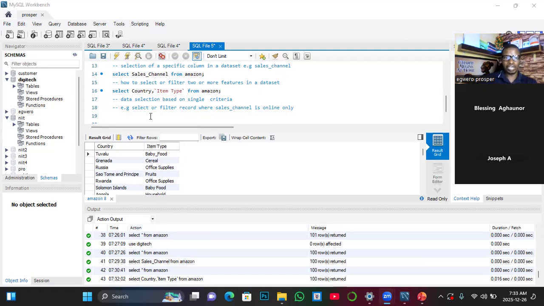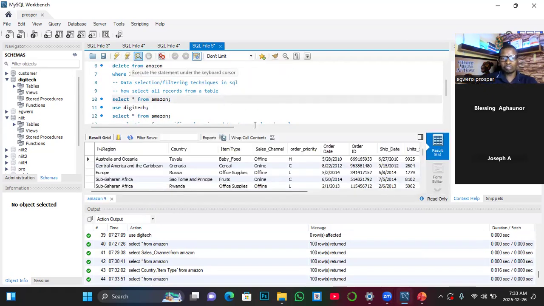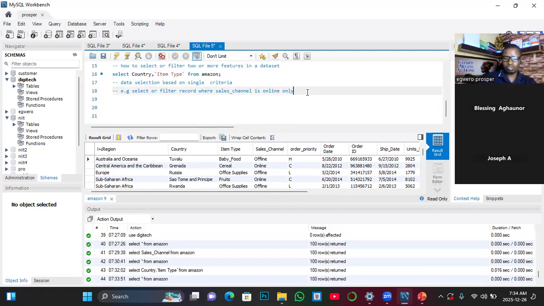So here from the entire record, let me view the entire record again, so I'll highlight what we want to achieve. You can see that here you pull out all the records, both offline transaction records and online. Now we want to see only records where sys channel is equal to online. This is a conditional selection. All right. So how you are going to do this is that you are going to involve the where clause,